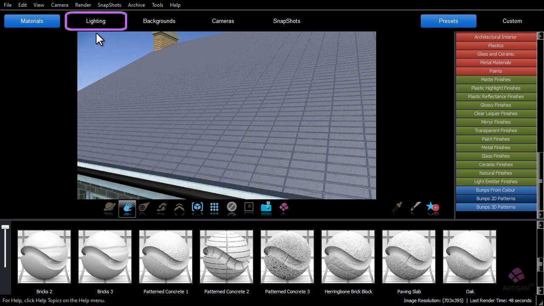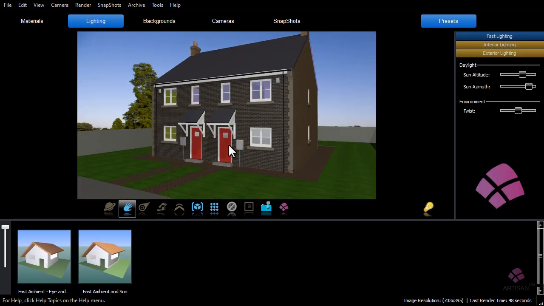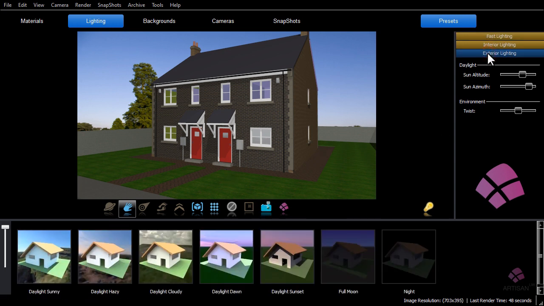The Lighting tab provides you with lighting schemes that drop into the scene for instant effects. A lighting scheme contains a background image, an image to show any reflective surfaces you have on the model, and the lighting of the scene itself.